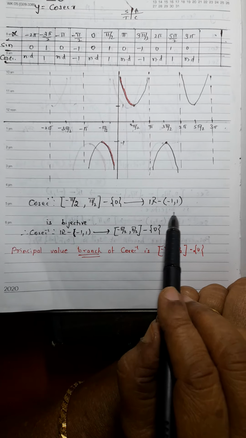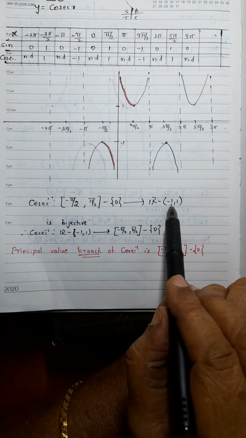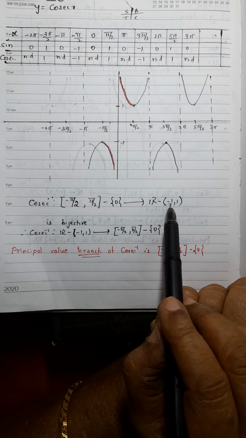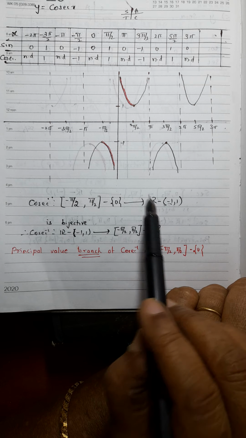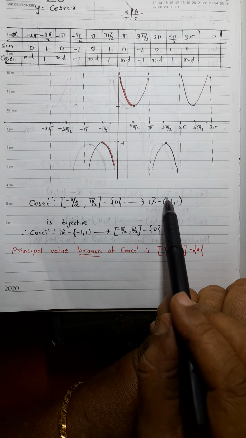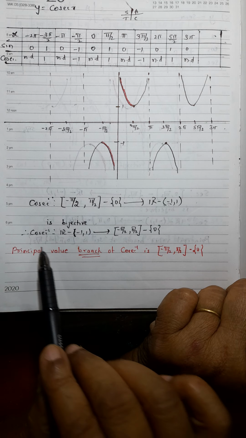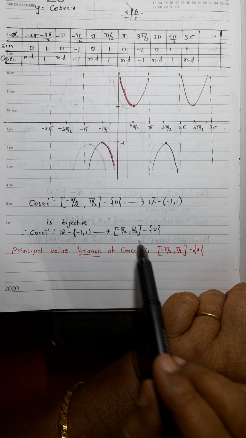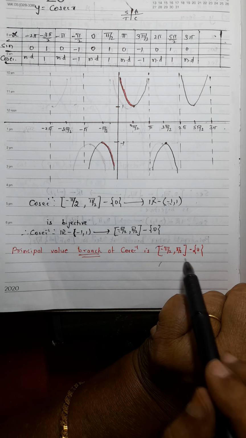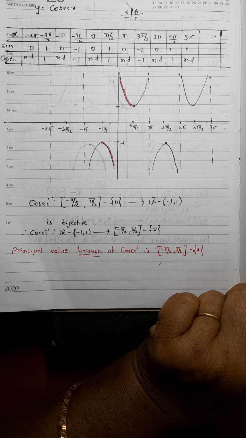You know why I am not removing the closed interval? Because all the real points will be there. So this will be this interval. If I write the closed interval, it means we are removing -1 and +1 from the real numbers, but the images -1 and +1 are there. That's why we are writing the open interval. Here it is bijective, and therefore from here to here it is cosec inverse. So therefore the principal branch is the closed interval minus pi by 2 to plus pi by 2 minus the element 0. That is the reason.